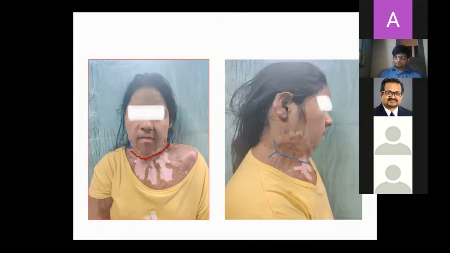What is a 1-2 flap? No idea, sir. If you are not able to find out, we will let you know next week. It's normally marked as a 1-2 flap, but there are certain things you can do.